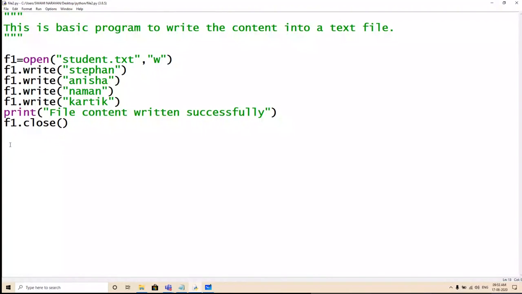Let me write something here so that whenever you look at this program, you will understand.